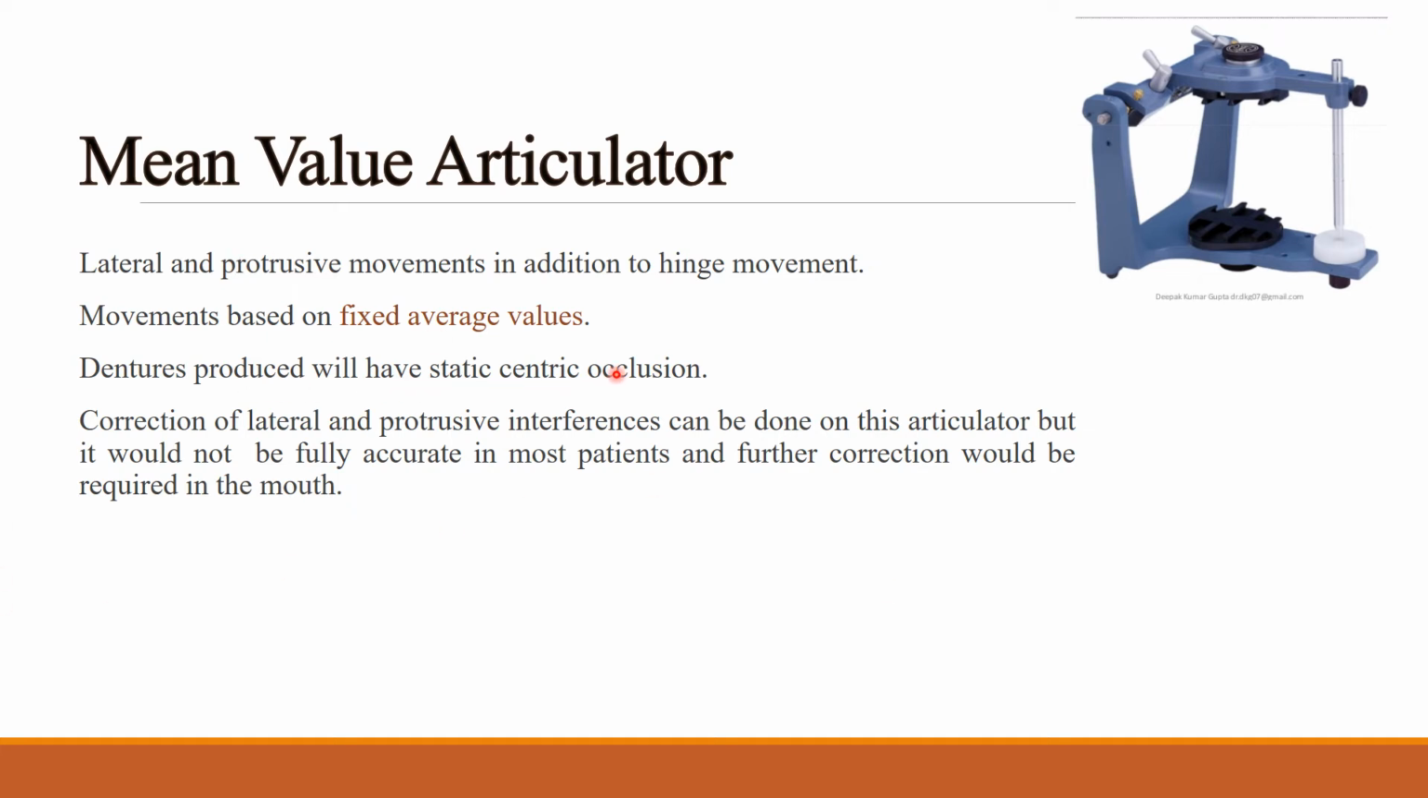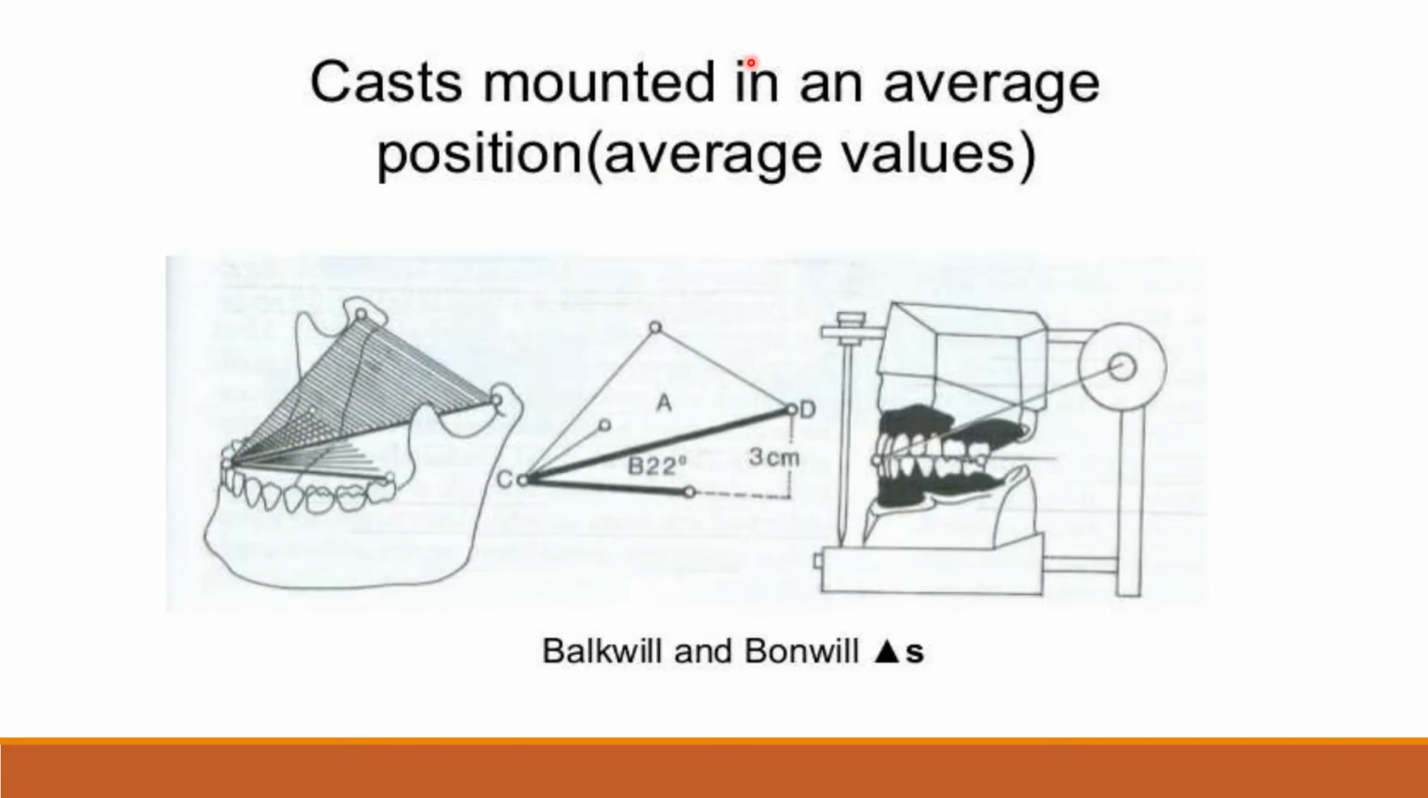Dentures produced will have a static centric occlusion. So they will have opening closing points, all the contacts on the upper and the lower denture, which is a static occlusion. So when it's in centric, it's known as a static centric occlusion. Correction of lateral and protrusive interferences can be done on this articulator, but it would not be fully accurate in most patients. Further correction could be required in the mouth. So it's not the most accurate articulator, but yes, there can be errors and it can be corrected in the patient's mouth. So cast mounted